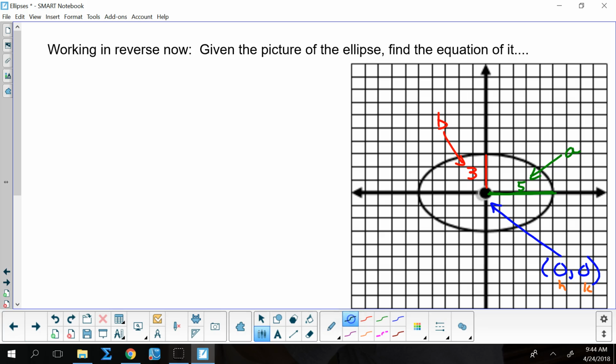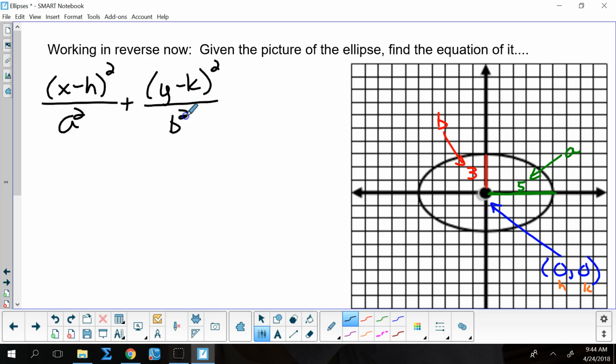So when I go to my equation, I have x minus h, quantity squared, all over a squared, plus y minus k, quantity squared, all over b squared, equals 1. I need h. Do I have h? Yeah. I need k. Do I have k? Yeah. I need a. Do I have a? Yeah. I need b. Do I have b? Yeah. So this becomes x minus